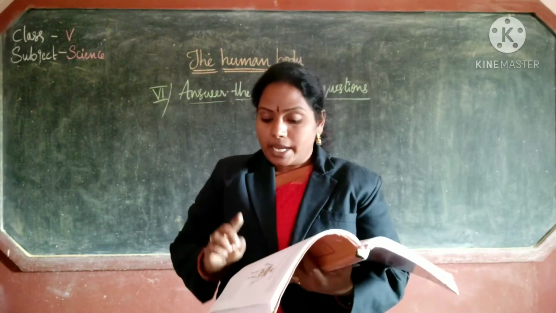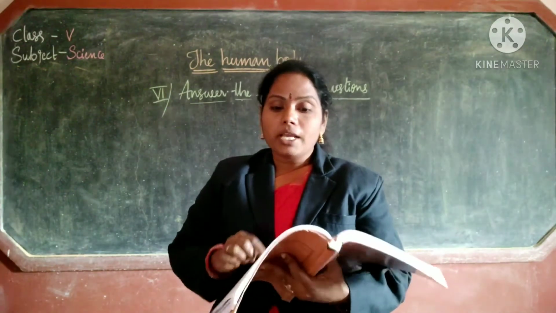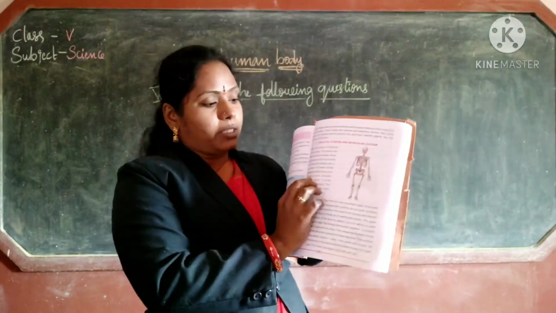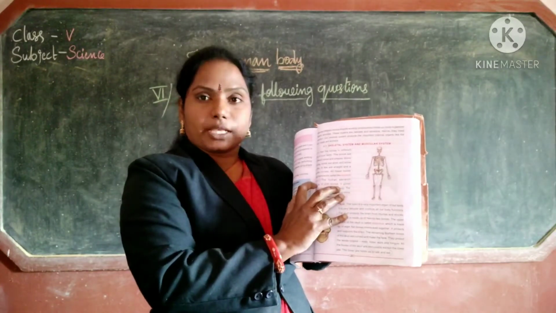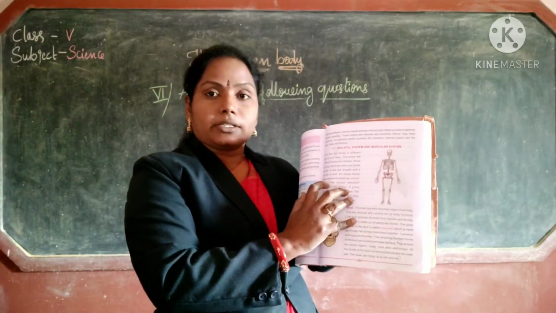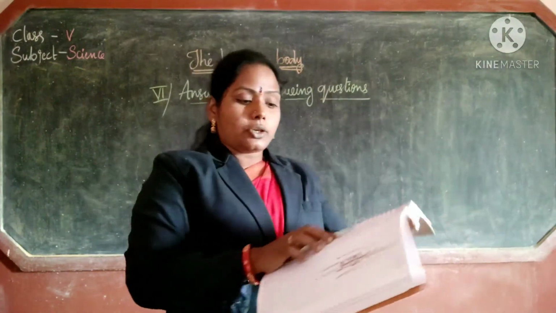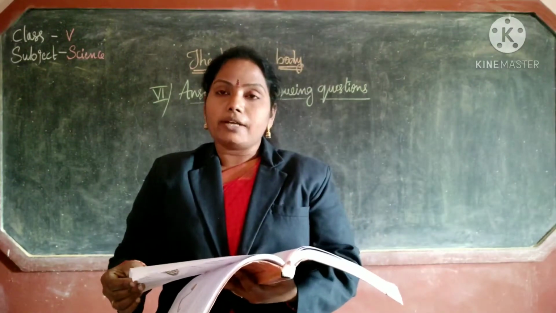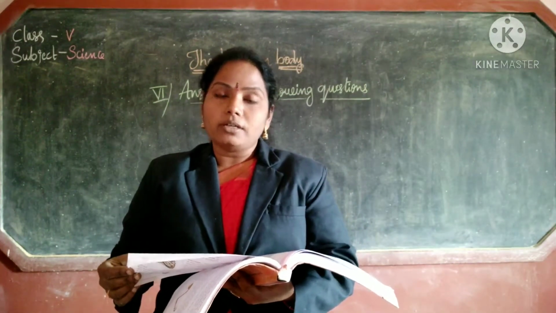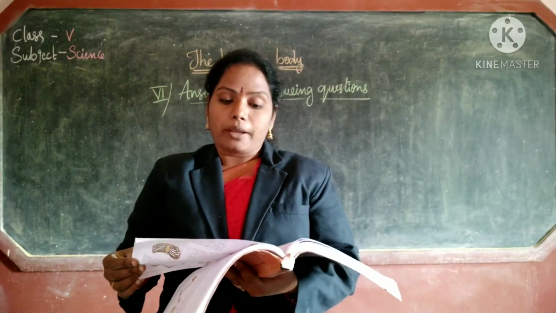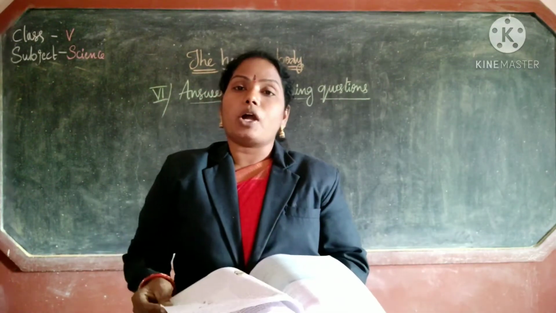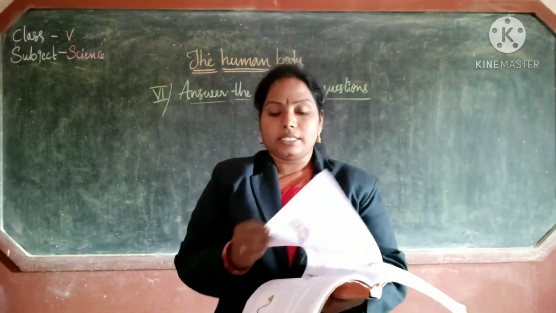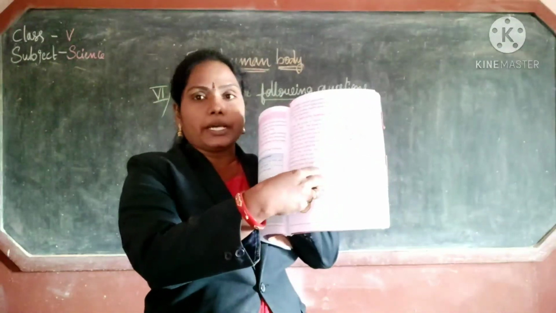First answer, in page number 205, the skeletal system and muscular system picture is there, no? Nearby this red color skeletal system is there. After that, you have to start the answer. The human skeleton consists of 206 bones. It gives strength and shape to our body. The skull, backbone, ribcage and limbs are the parts of the skeletal system. This is the first answer. Up to here, that's it.